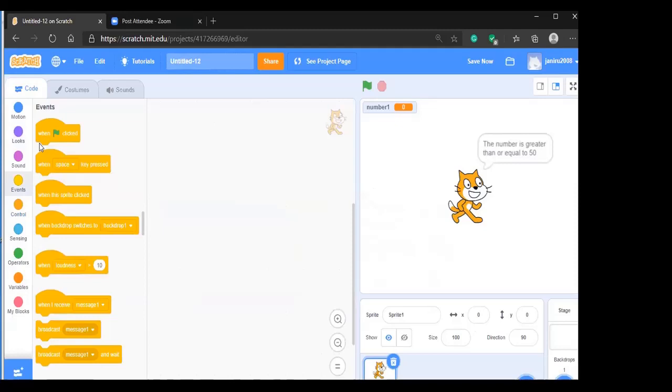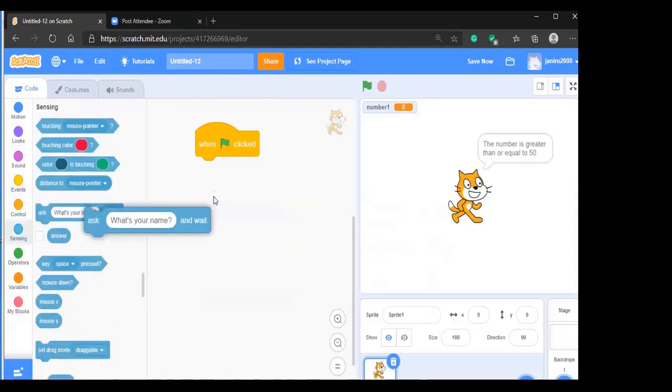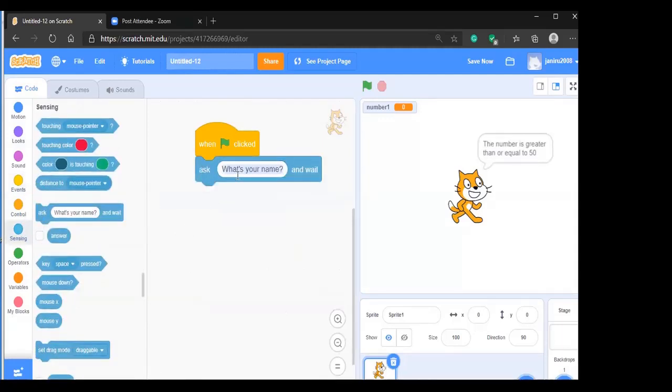Take an event, and then ask a question: input the first number. Now we want that number to be saved in the answer.